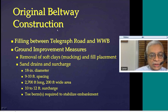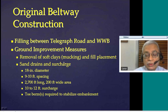So in the original Beltway construction, there was fill between Telegraph Road and the Woodrow Wilson Bridge, which was the bridge over the Potomac River. And there were some ground improvement measures that were taken. That included actually removal of the soft clays and the fill that you saw in the previous profile, and that means that basically they went in there and excavated all of that soft clay, because otherwise you would not be able to construct the